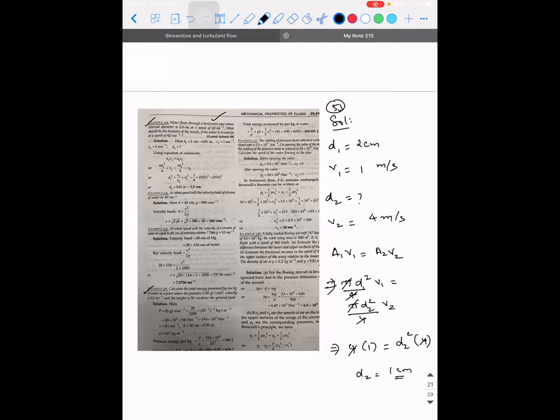See, here I never converted centimeter to meter at all, because when you face these kinds of questions, we are sure that the terms will get cancelled. Both sides will have the same unit. Since D1 is given as 2 centimeter, there is nothing wrong in reporting the final answer for D2 also in terms of centimeter. So you need not convert. If you do conversions, again a headache will start because the decimals will come into the picture.